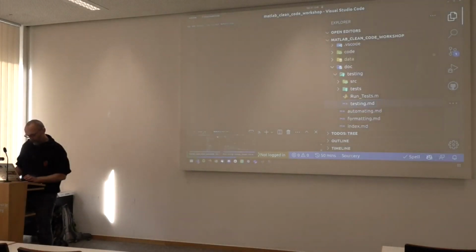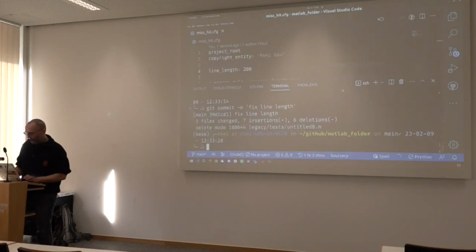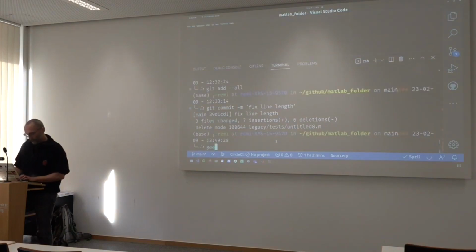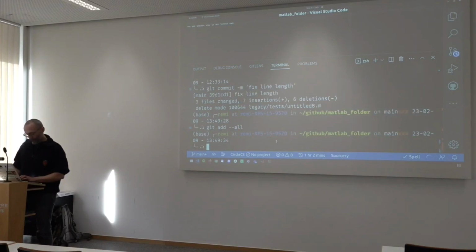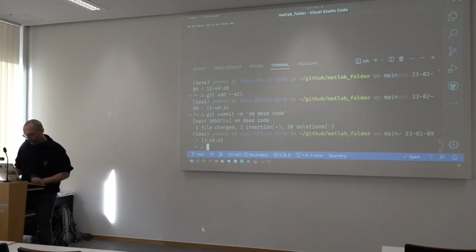Wrong window. There. And obviously, git add all, git commit, remove that code. All right.